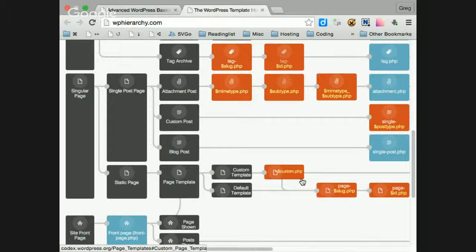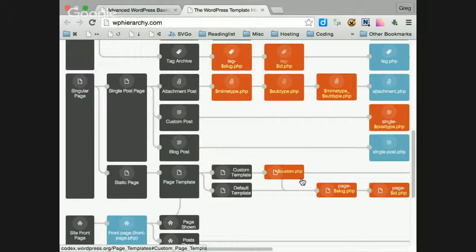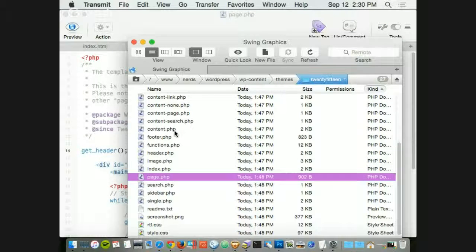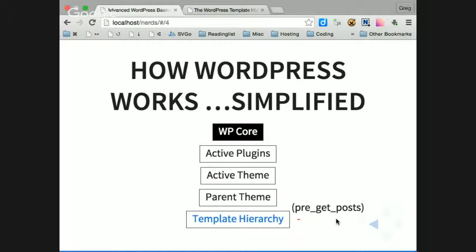It's important to have these links so that you can understand this logic, but for the purposes of getting started, the best thing to do is just copy and paste the pages, the templates, the files that exist in your parent theme. I throw in this little bit for pre_get_posts, because those of you who have been doing this for a while, it took me a while to figure out the correct place and time to modify